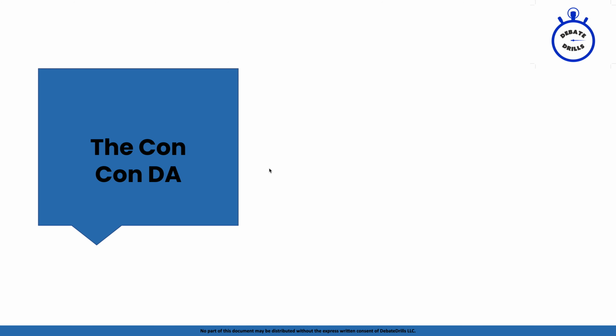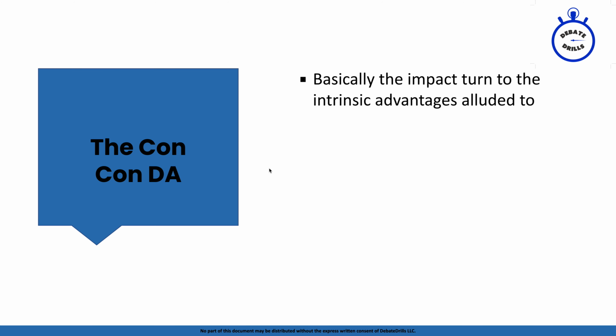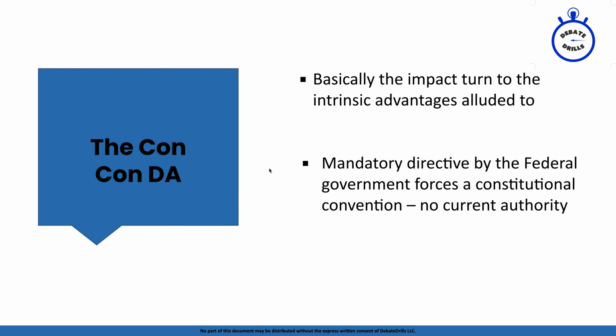The next argument is a ConCon set. There is no relationship to the counterplan. The idea is that you just turn all of those intrinsic advantages I was talking about, because even though Democrats have more governorships, I think Republicans are still in control of more state houses, and so the idea ends up just being all of the good things that Democrats could do, Republicans could do bad things instead. Right? Any mandatory directive by the federal government necessarily violates the way that the Constitution is written right now, which triggers a constitutional crisis